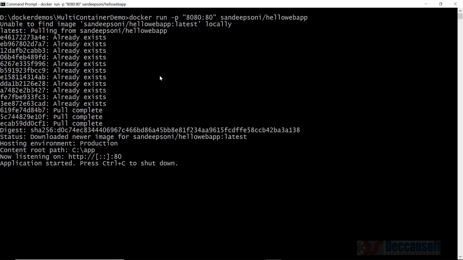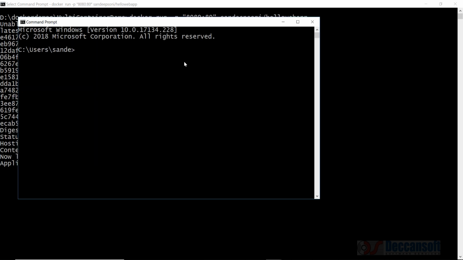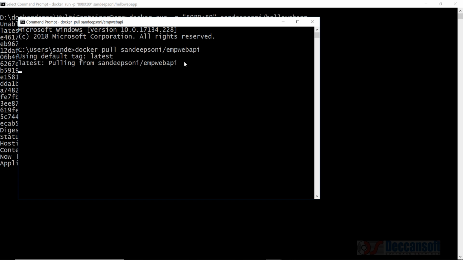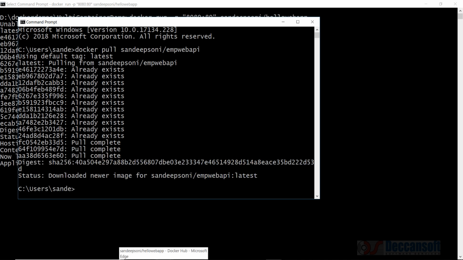Yes, to run this application, I have to also execute the other image. So I start one more container instance, docker pull EMP Web API, even that will be pulled. And after this, I can go to the browser. Before that, -p,